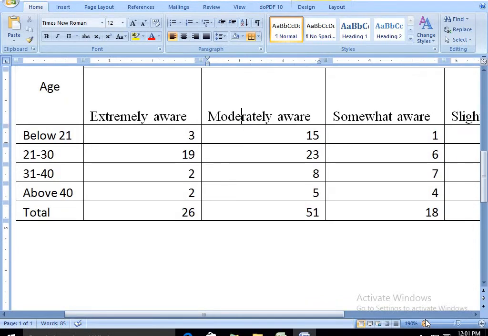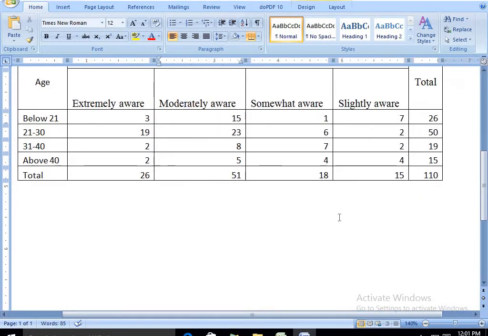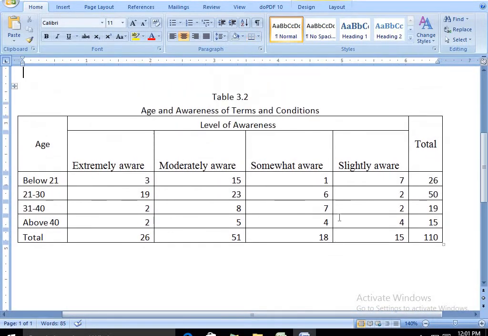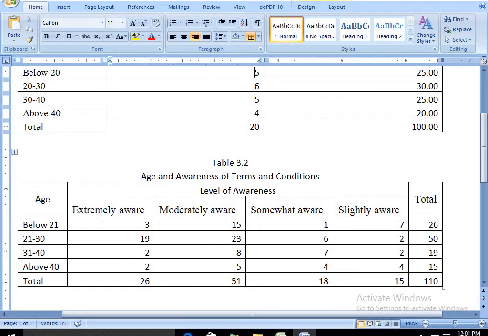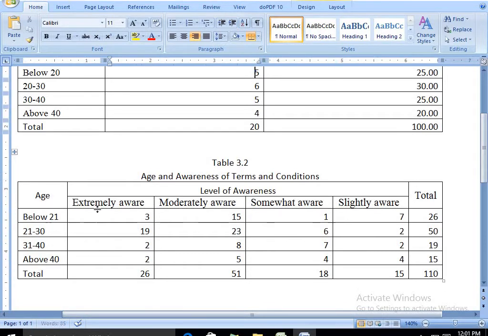Now see, the appearance of all the tables will be in a uniform pattern. These adjustments you have to make in Word. There you have used your wrap text, so that has to be removed now. That is why I said you can use it at a later stage. Now see how simple and neat the tables are.